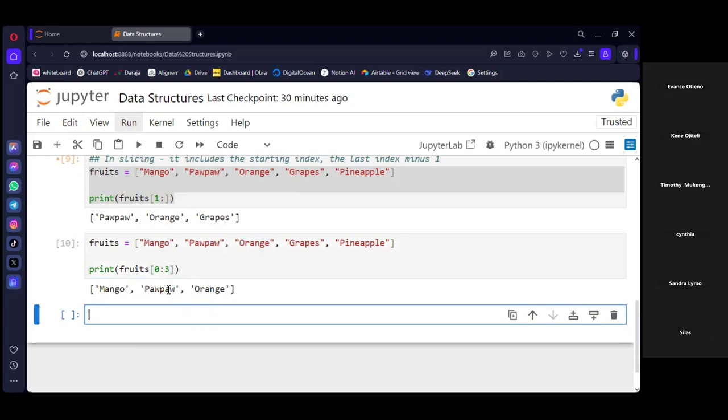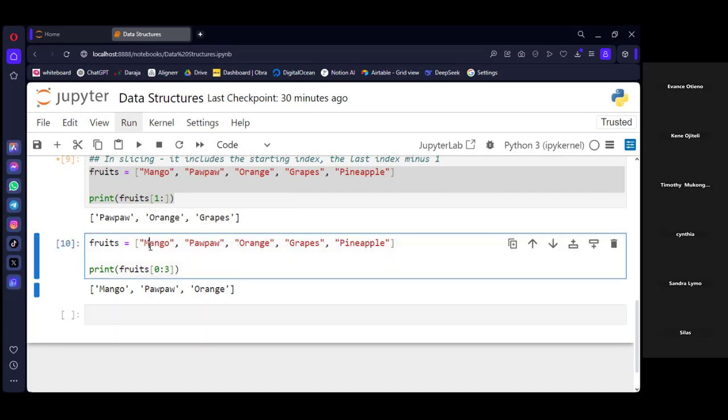Now, another way: if you want to return from the start up to orange, we know 0 is at the start, so if you want to get everything from the start up to a specified range, you don't need to specify even the 0, the first index. In this case, we just specify the colon and then the end.